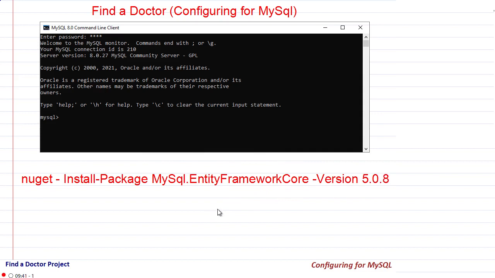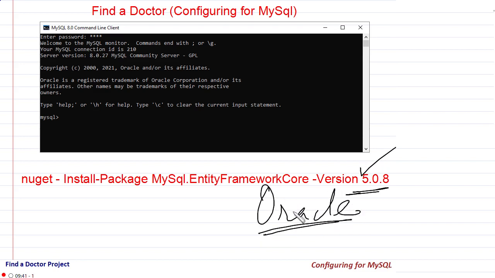These things should be available to you, and once you have them, then you will have to come to your project and install this NuGet package MySQL.EntityFrameworkCore version 5.0.8. As of the recording of this tutorial, this is the version that is available right now from Oracle, the company that provides you the MySQL DLL for this.